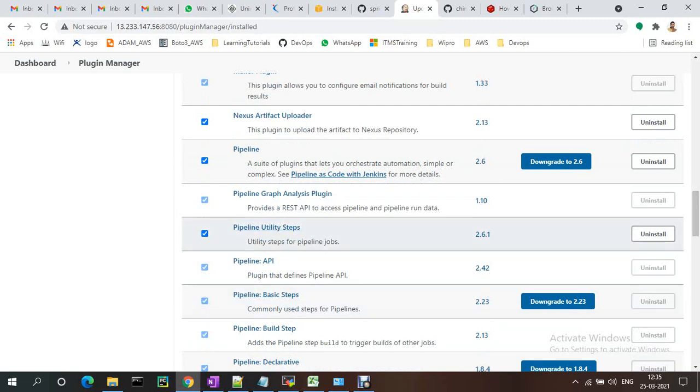This one, pipeline utility steps. Okay, so this one we need to do to read the form file information like group id, artifact id, everything.